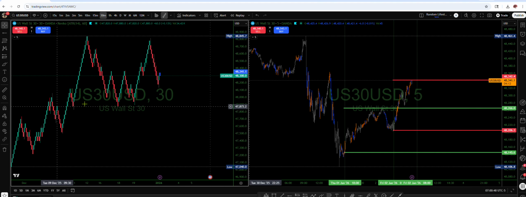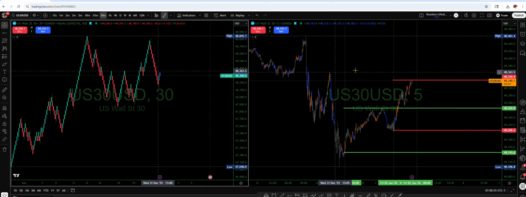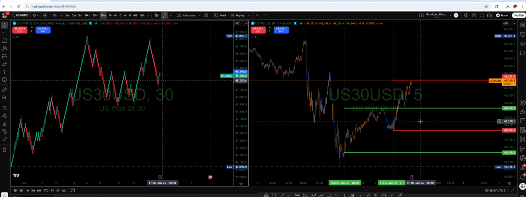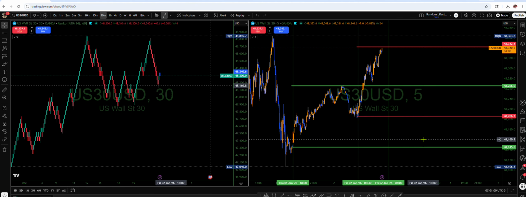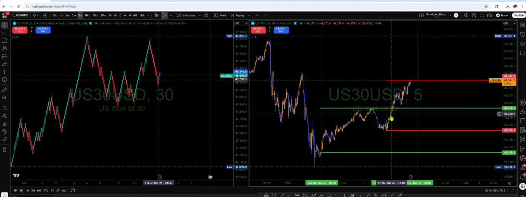This over here on my left is my Renko chart. It's showing that we're possibly going to have a little pullback before we make it back up to the upside. But on my right, as you can see right now, we have the lower low for Asian, the higher high for Asian, and then the market came down, rejected in this area in the middle, and created a lower low for London, and now the higher high